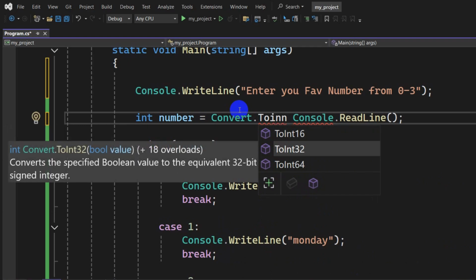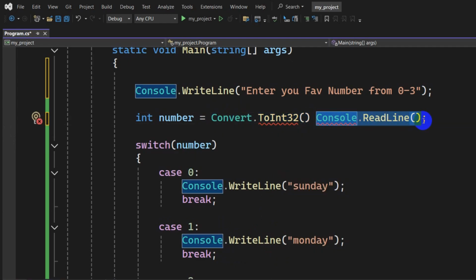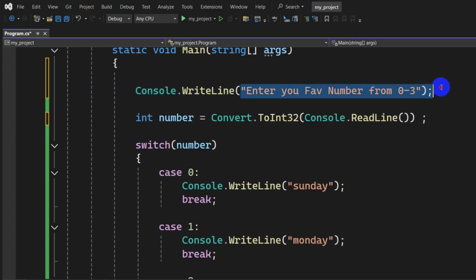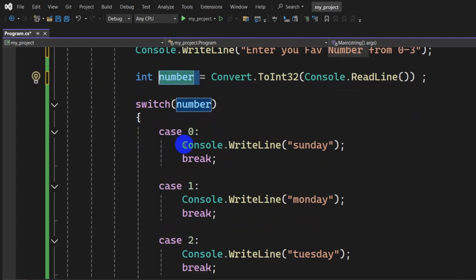Let's convert it to Int32, and we're going to give it first brackets like this, and we'll keep Console.ReadLine inside here. There you go. So whatever input we give, it will convert it into an integer number and store it in this variable. Then it will come to the switch case, and whatever number we input, depending on that, it will